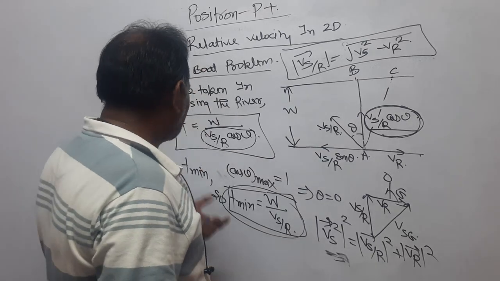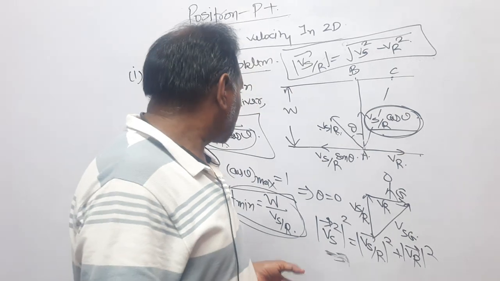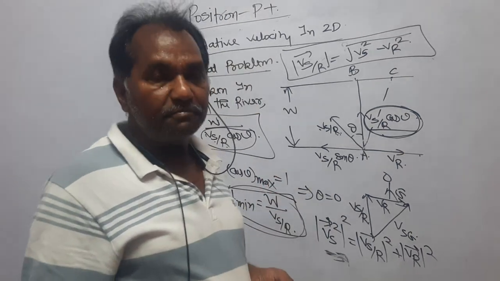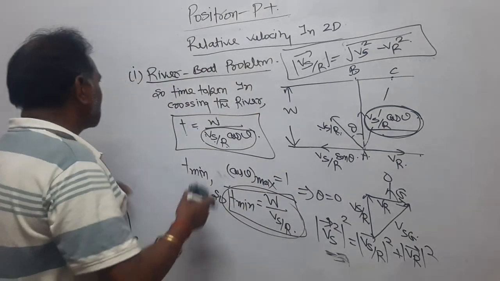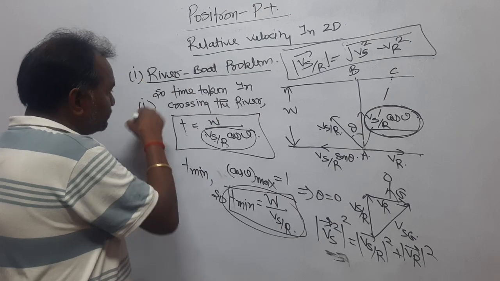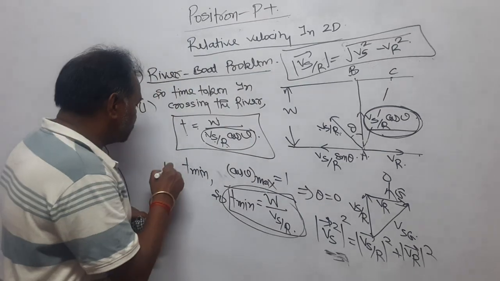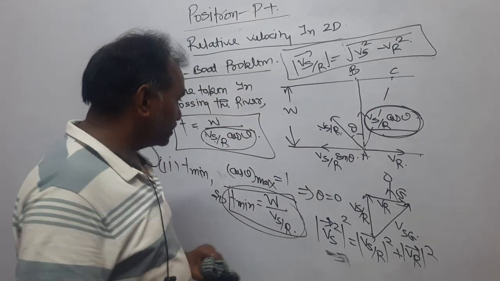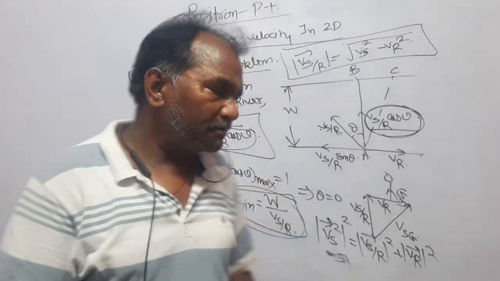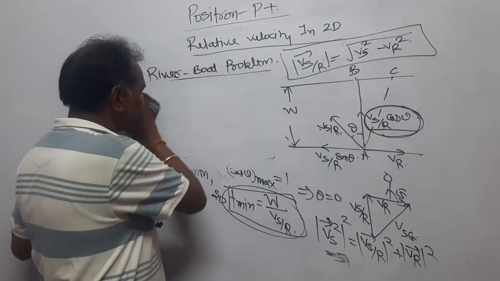Now, dear student, we find the time taken. The first thing we find is what time would be taken by the swimmer to cross the river. Second, what would be the condition for the time to be minimum. And third condition, let's talk about